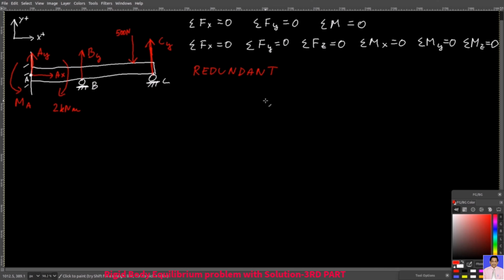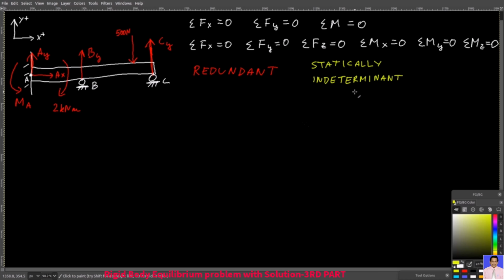Redundancy is applied to make systems safer. But from a statics point of view, you don't need supports at B nor at C. You have a fixed support at A, and that will keep the beam in equilibrium. Of course, in reality, supports at B and C reduce loads at A. That's why it is used. But you can't solve for all the 5 unknowns using statics. It's called a statically